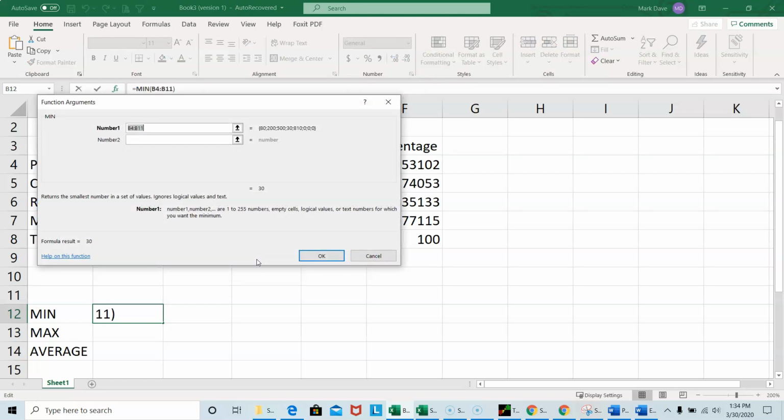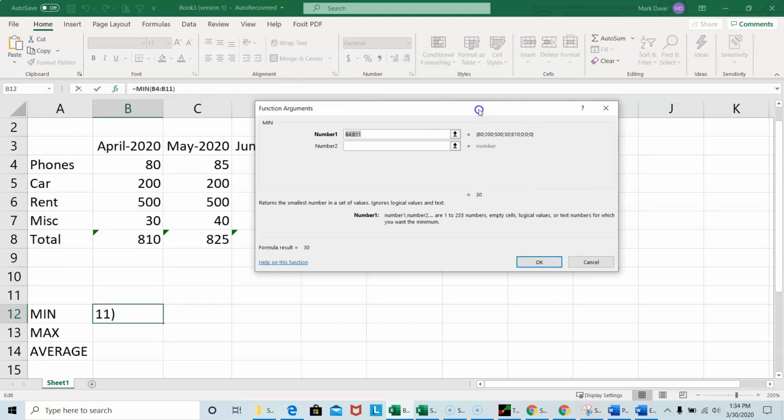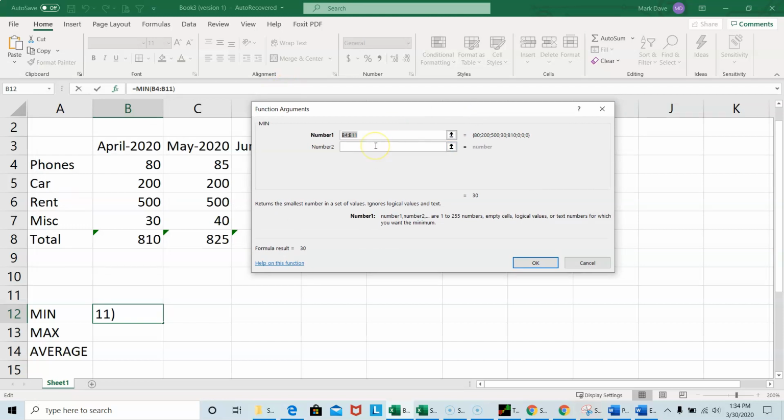and it opens up the window to enter the arguments for this one. Here Excel has inserted a cell range, but this is not the cell range we are looking at because it inserted B4 to B11, but there are some blank rows, and there is also a total here, so we don't want the B8 cell. So I'm going to delete this